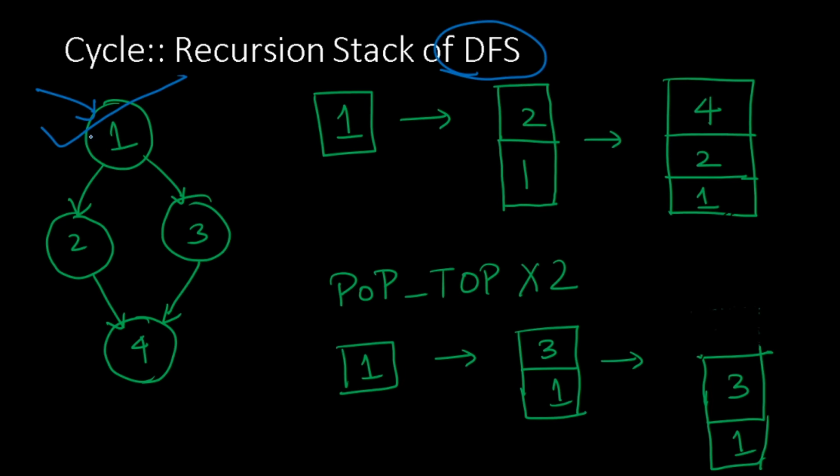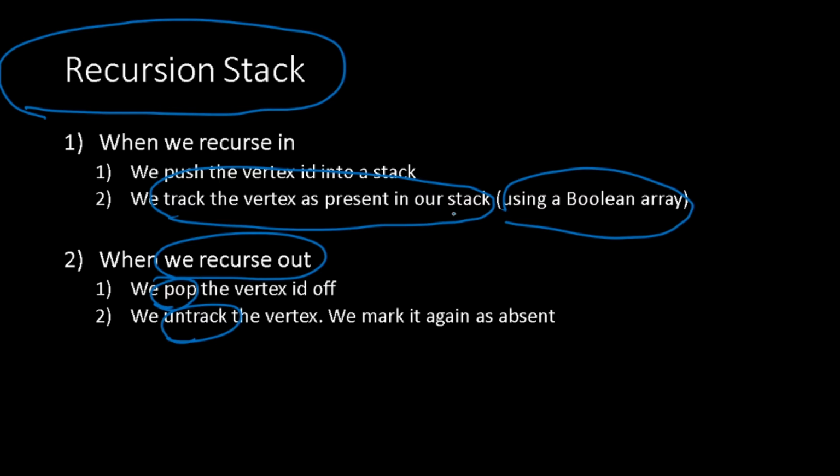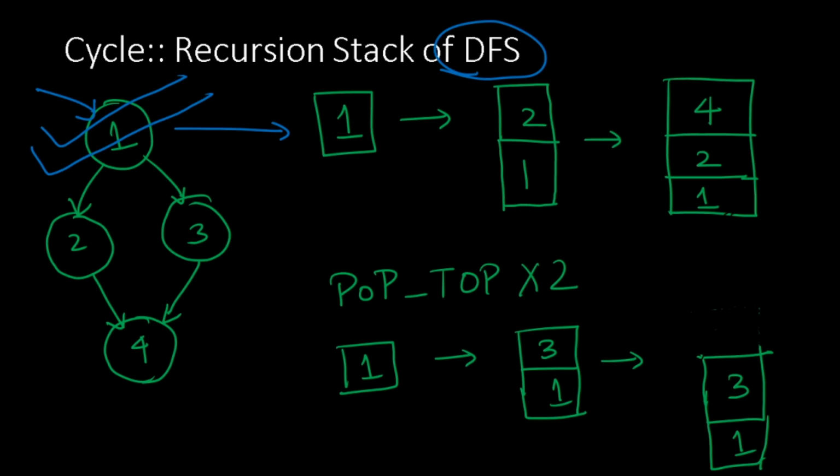Number 2, 1 is pushed into the recursion stack. Number 3, I'm noting down this fact. How do I note it down? I'm going to put a second tick mark. So 1 is now marked as present in our stack. Let's go ahead. Similarly for 2, we visit it, we push it in the stack and it is marked as present in our stack. Similarly for 4, we visit it, we mark it as present in our stack and we push it in our stack.